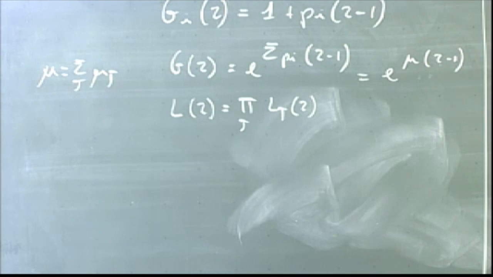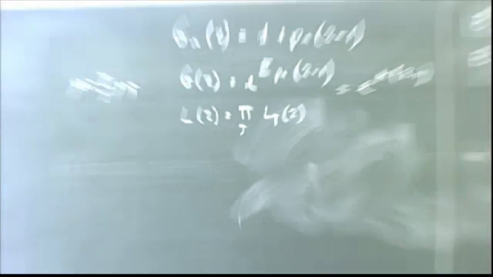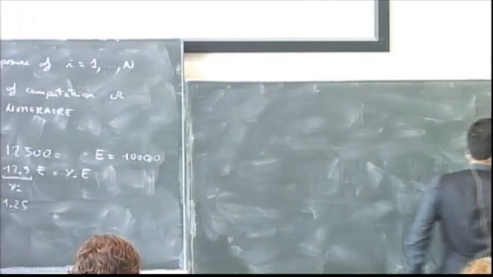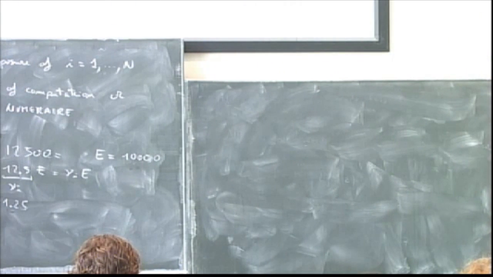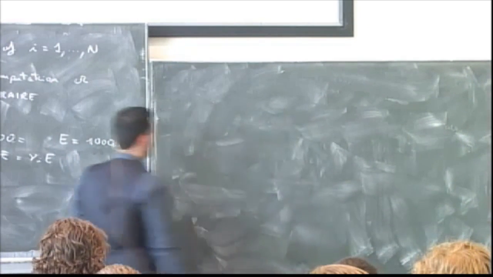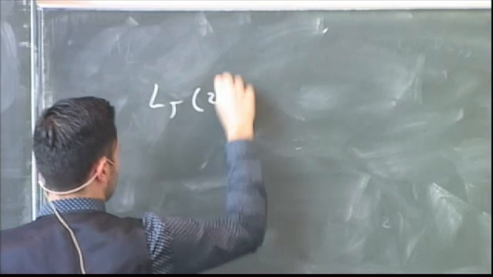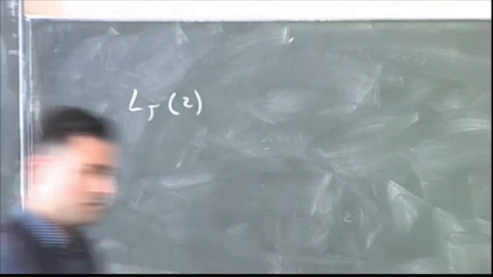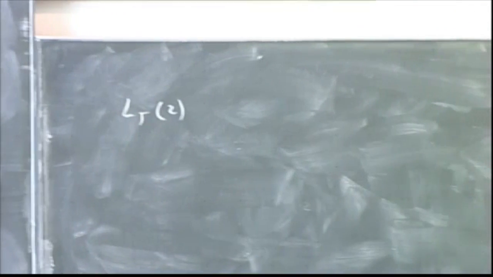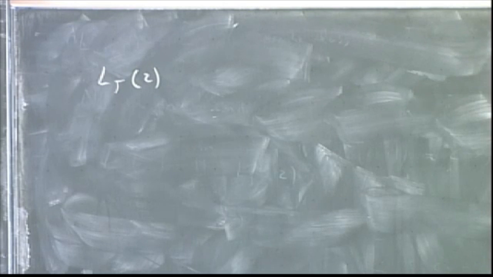And now, what I will do is to see what L_j looks like. Okay? Now, in the appendix, you find more details. I'm just jumping over that because it's exactly the same construction we have seen so far. So what you can see is that L_j(z), if each sub-portfolio is mimicking the big portfolio,